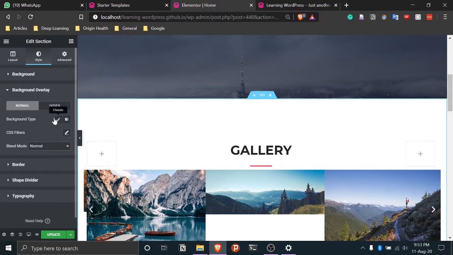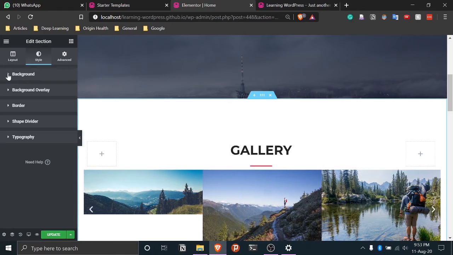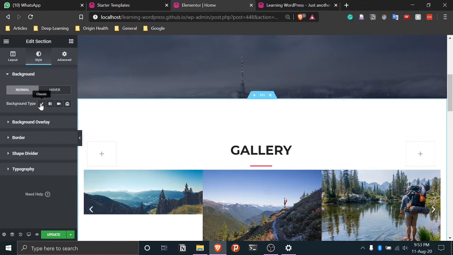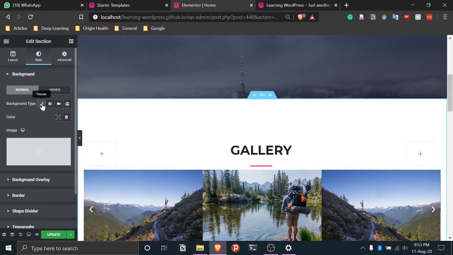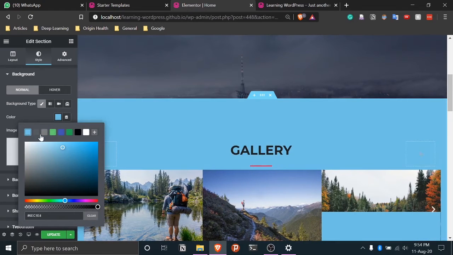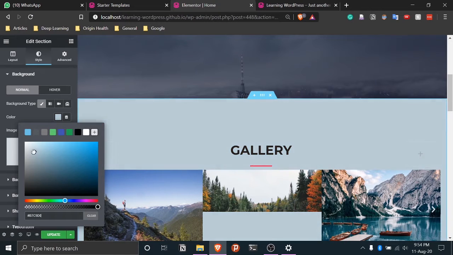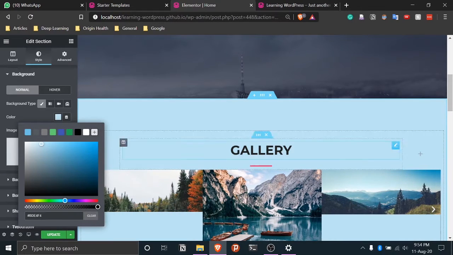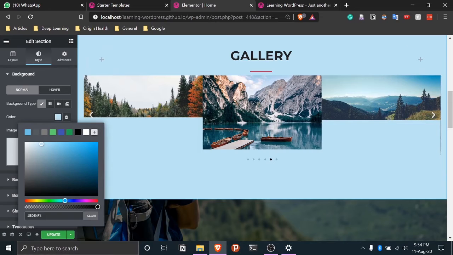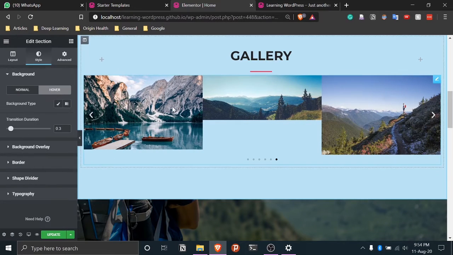In the normal tab, you can go to background type, which is classic, and you can choose a color. Let's take a very light bluish color. Let's say we like this color more, so we'll choose this color. Hover is the same thing, it will remain the same. So we just click update.